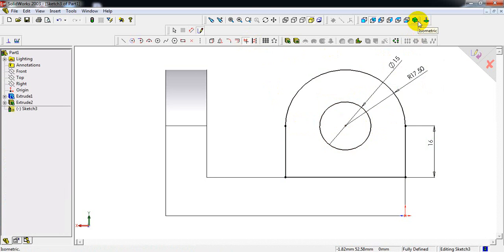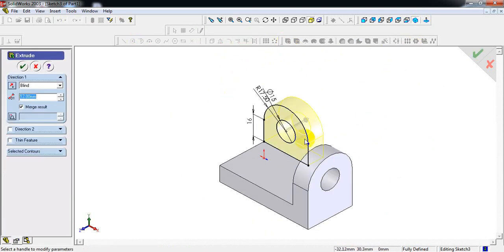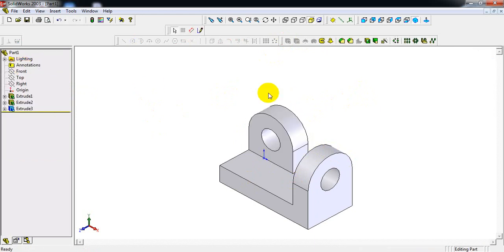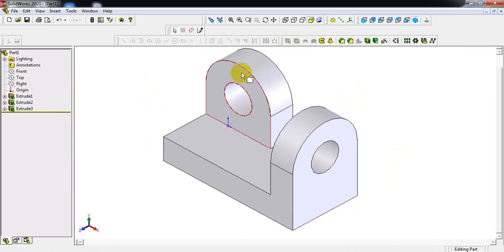Go for isometric view. Extruded boss base. It is away from the sketch, so it should be towards our side. So select reverse direction. Thickness as 12 mm. Enter OK. So this is our isometric object.